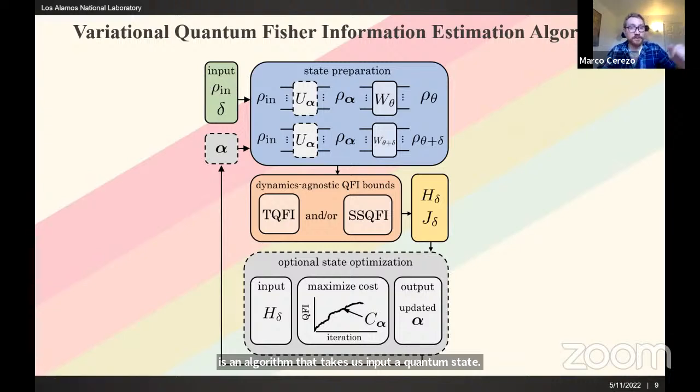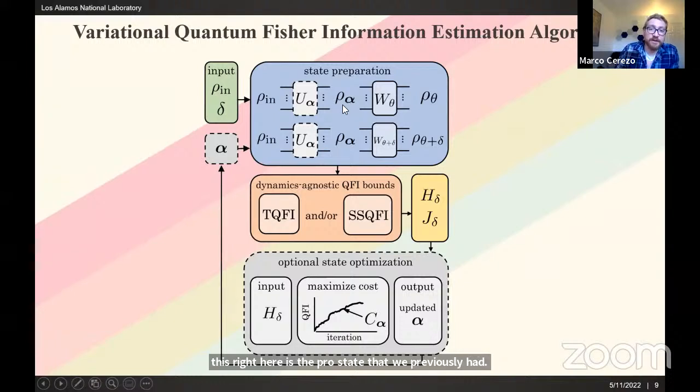Think about the old 0 state. The idea is that you want to take this state and send it through a parameterized quantum circuit, which is this U of alpha right here. The goal of U alpha is to prepare a good quantum state to use as a sensor, right? So this right here is the probe state that we previously had.